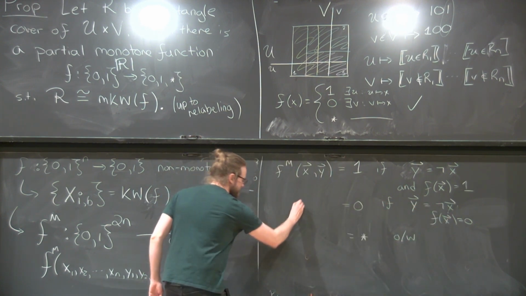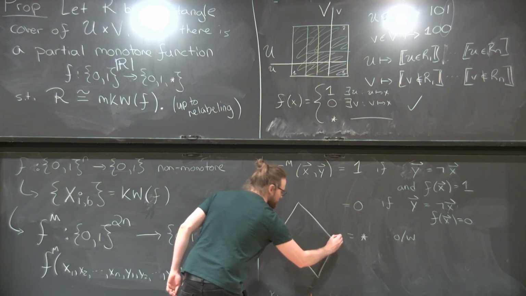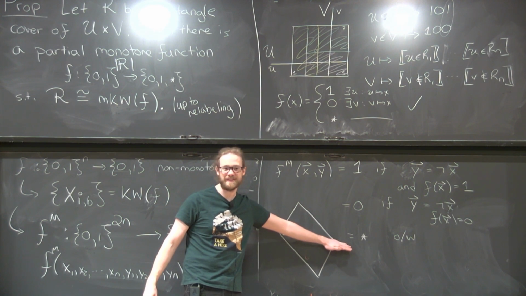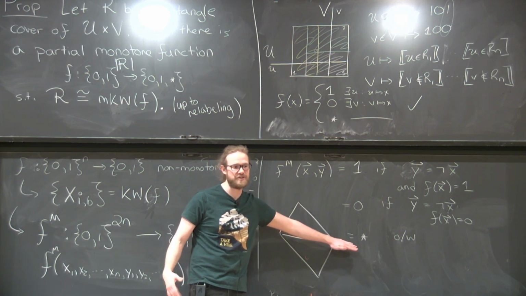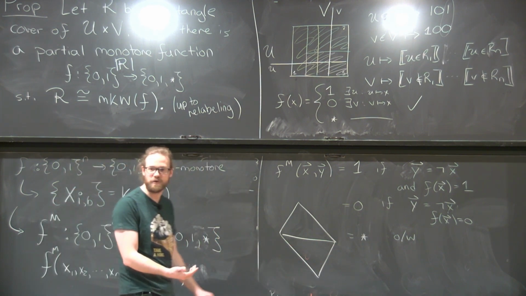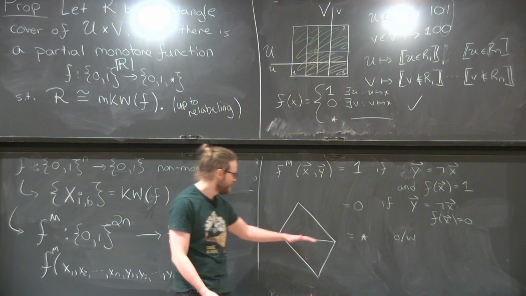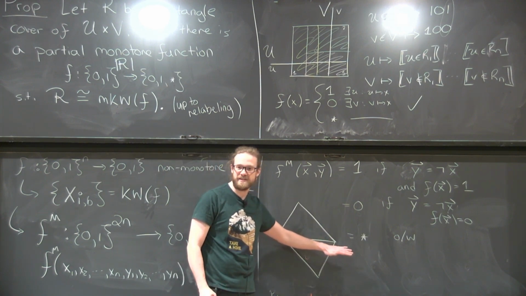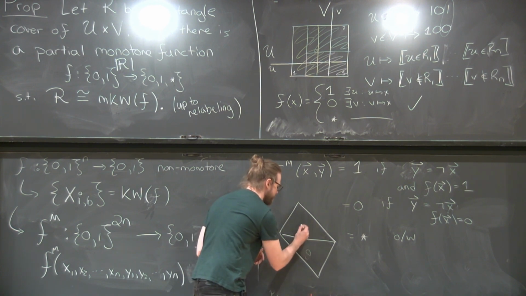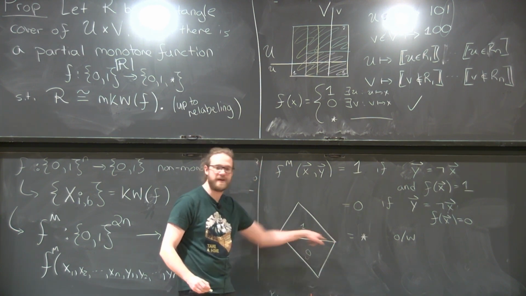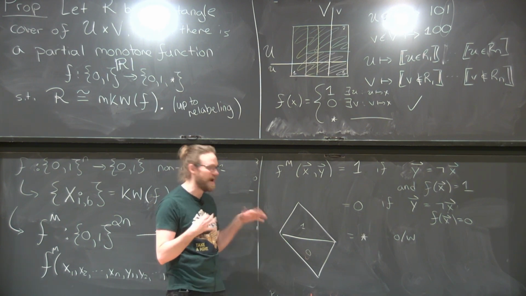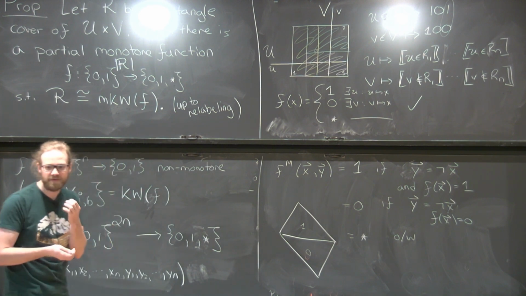So what this means is that you've taken this entire non-monotone function and embedded it in the middle slice, basically. Maybe people have heard of this connection with slice functions and monotone complexity. This is another way to get to it. This shows that the monotone complexity of functions that are completely embedded on the slice, that only take non-trivial values on this middle slice, is equivalent to non-monotone circuit complexity. Does that make sense?